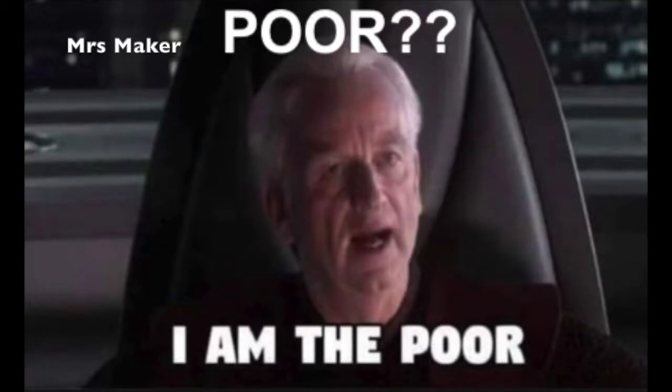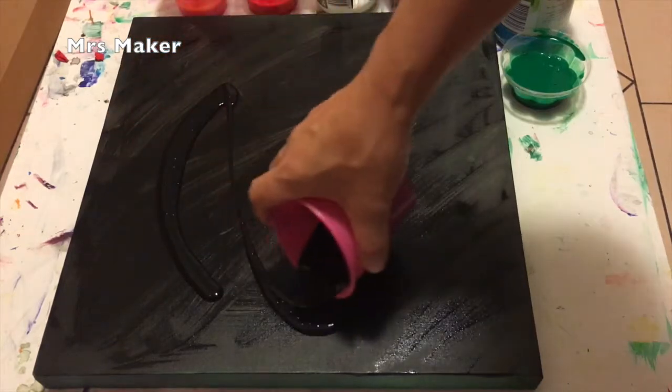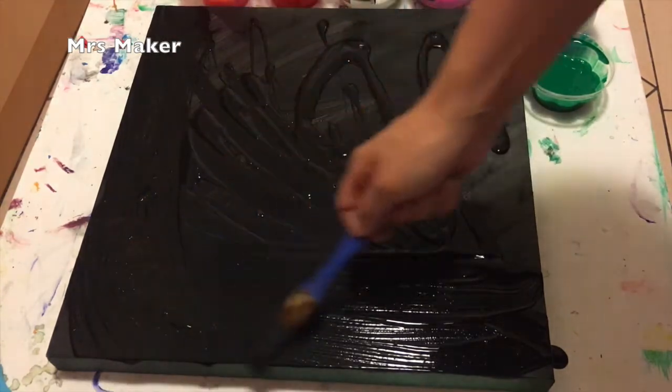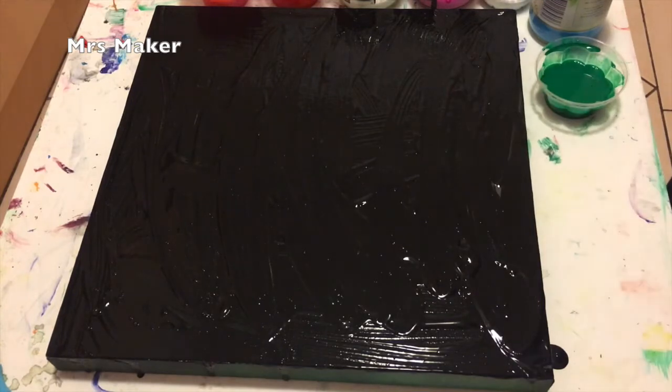So I'm going to pour first. You're going to pour. Holy moly! Really? Okay. So we applied the black. We applied the black, everybody. Now I'm going to put